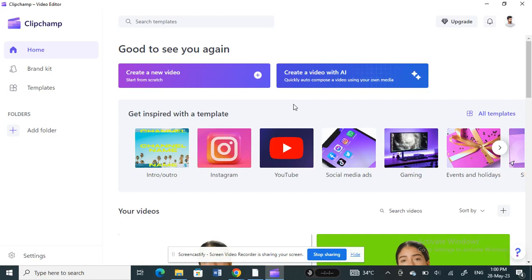So today in this tutorial, I'm going to show you how to export video in Clipchamp. So let's get into the video. Firstly, open up Clipchamp. Once you've opened up and logged into your Clipchamp application, whether on your browser or on your app, whatever it is, all right, so what you need to do now is, if you want to export a